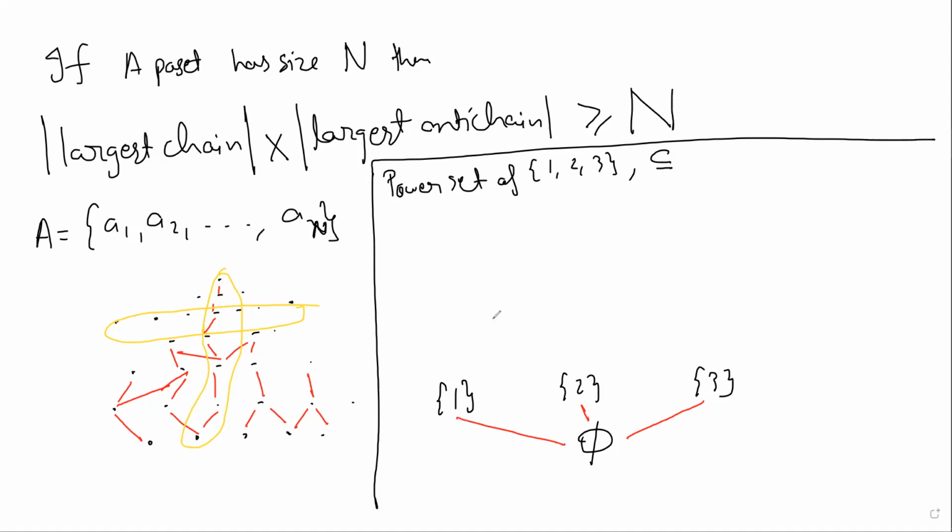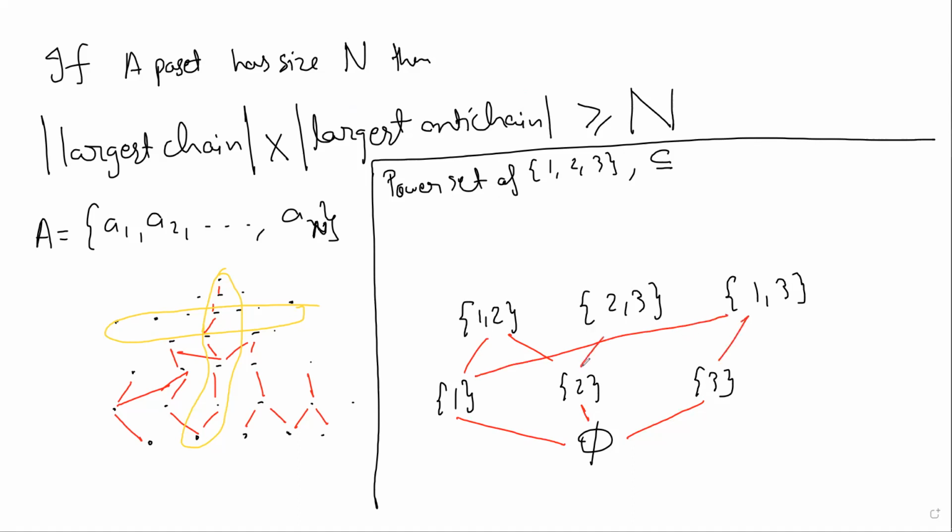Now obviously you can understand what I'm doing. The next level. What should be the red arrows? You see this and this, because 1, 2 contains both of them, so it's bigger than both of them. Yes, right. Maybe I should have drawn this here. And so you can understand like this. And then 1, 2, 3 is right at the top.